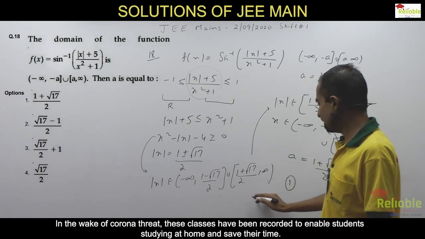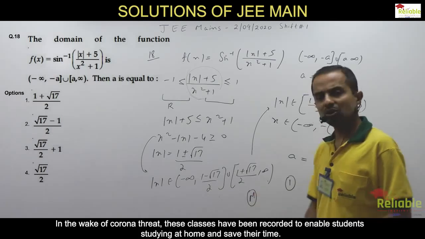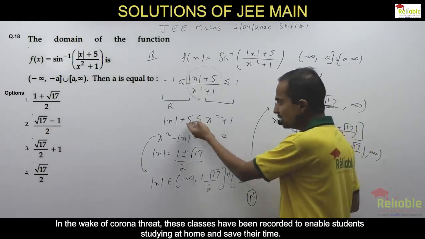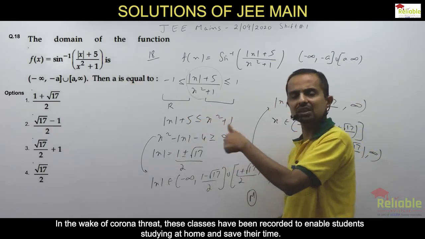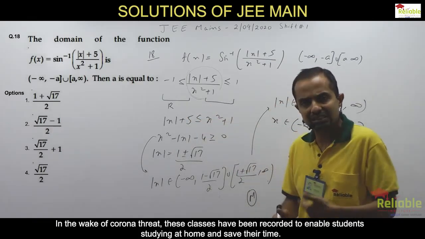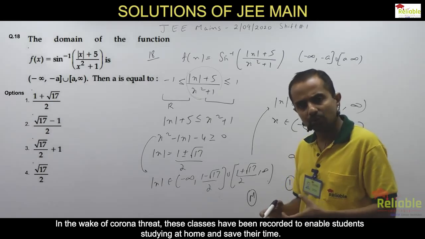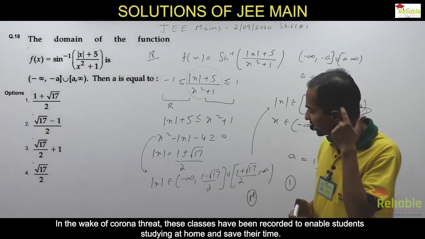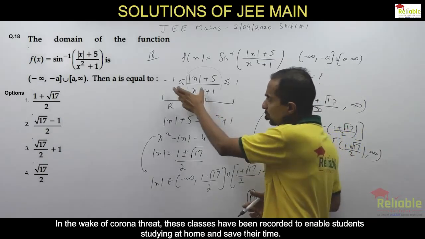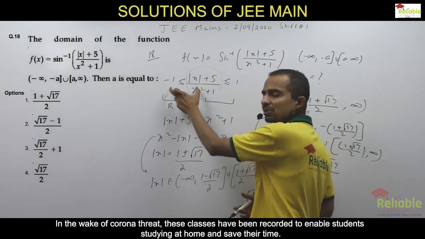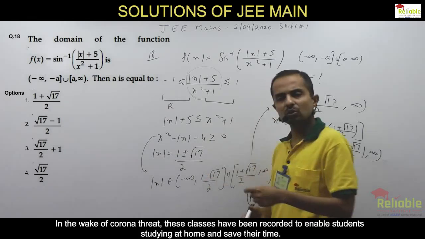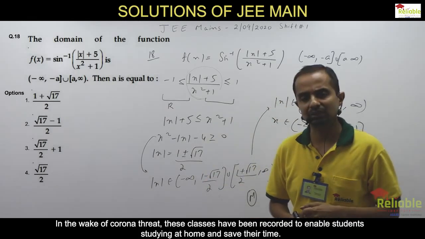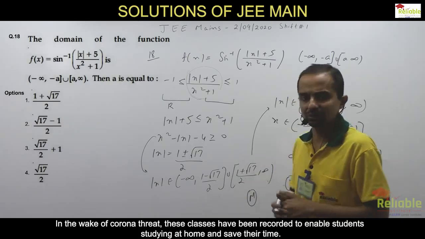This is again an easy to moderate one. The only logic of giving it a moderate rating is that students might tend to think, let me make two cases, x is positive, x is negative, and unnecessarily they will elongate the problem. The second logic of me marking this as moderate is that students might unnecessarily burn time in solving this one. So the moderate comes because students may increase the length of the question. Otherwise, it's an easy one.